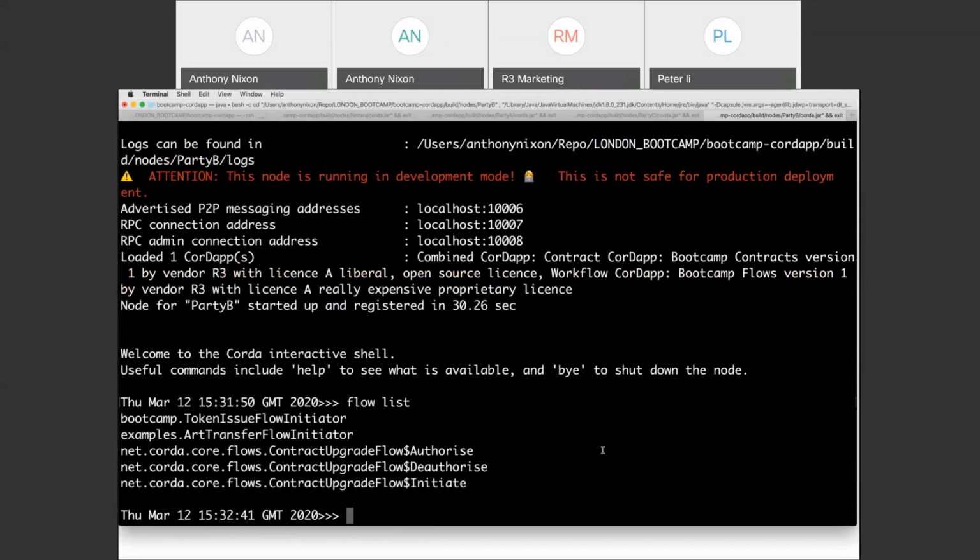Remember, the bootcamp was installed, and this example's art transfer flow was that sample. There's another directory with a fully formed project of an art token. So the nodes were also installed with that because it was part of the project. The one that we created is the token issue flow initiator. And we're going to have this app on all the nodes. The next command that I want to show you